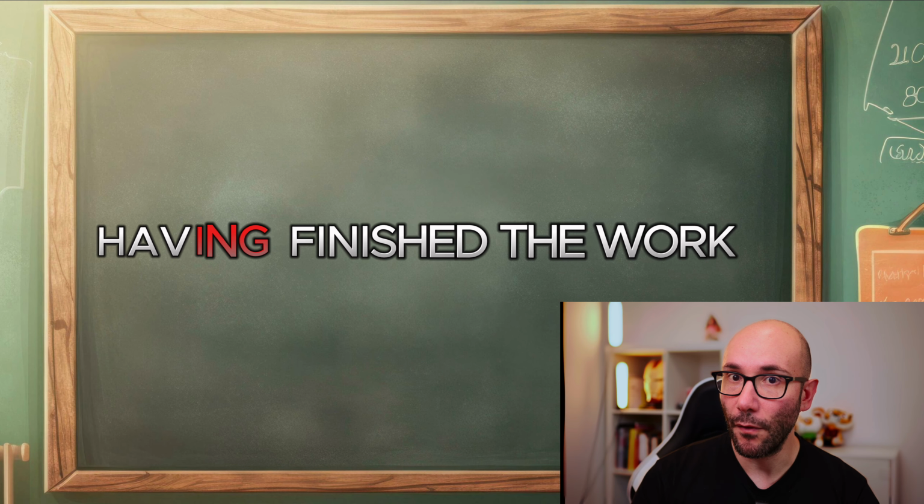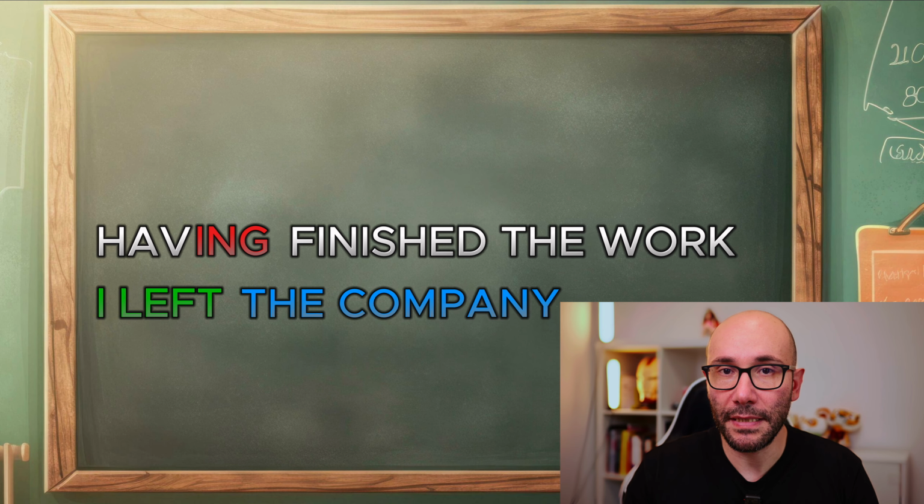Gerundio Passato, of course, is used when the secondary action happened simultaneously to another action, but in the past. Gerundio Passato is often used to conjugate an ongoing action, an action that started and lasted for an indefinite amount of time, but that happened in the past, compared to the tense that I'm speaking right now to my interlocutor. Okay, don't worry. Just translate this. Having finished the work, I left the company. Easy peasy. Wait, what? Oh, yes, it is, of course.